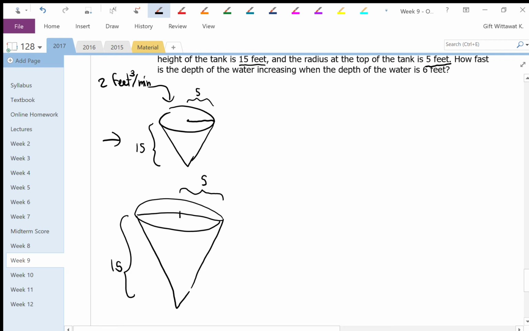And I need to know how fast the depth of the water is changing when the depth of the water is 6 feet. So that means if I fill in water for a while until it's 6 feet in depth,